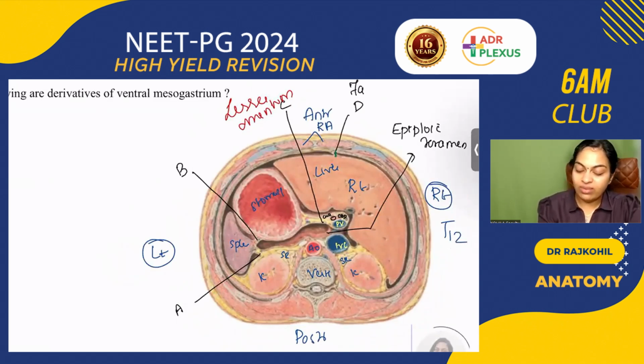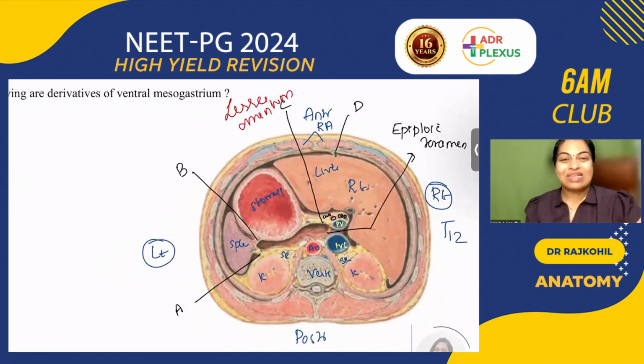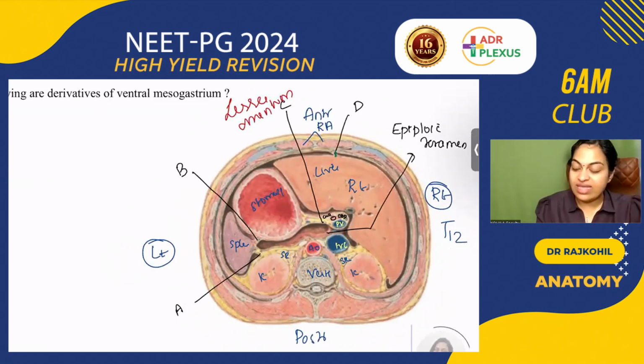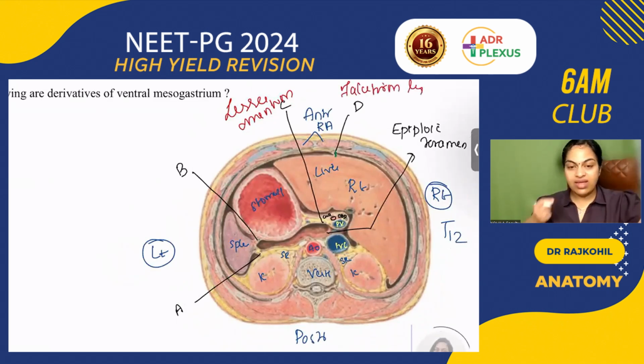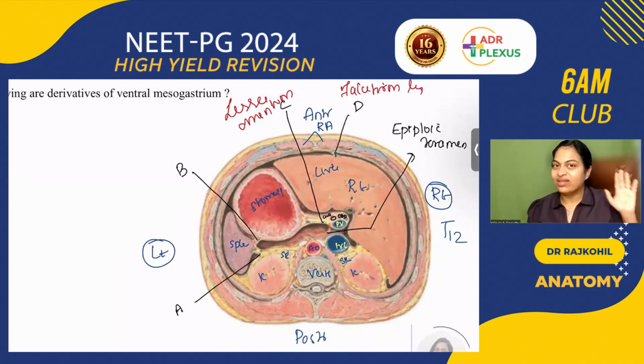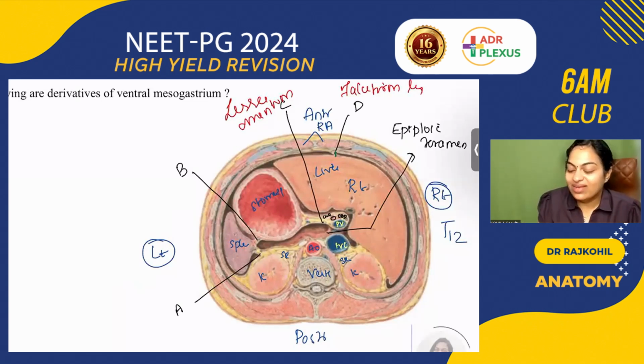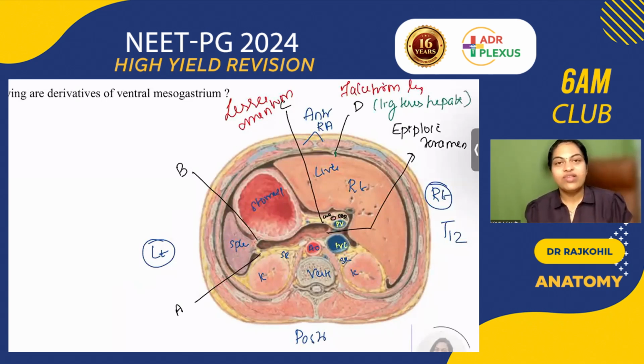That's the falciform ligament. Can any of you tell me what is that important structure you see in the inferior border of the falciform ligament? Running in the inferior border of the falciform ligament. Can you tell me what is that? Yes, anyone? The inferior border of the falciform ligament contains the ligamentum teres hepatis. What is it a remnant of, ligamentum teres hepatis? That's a remnant of